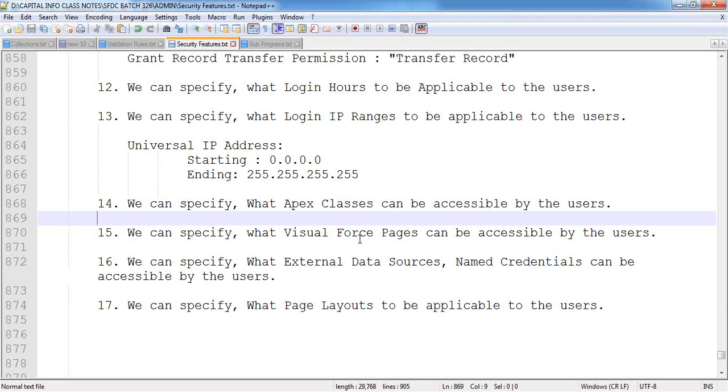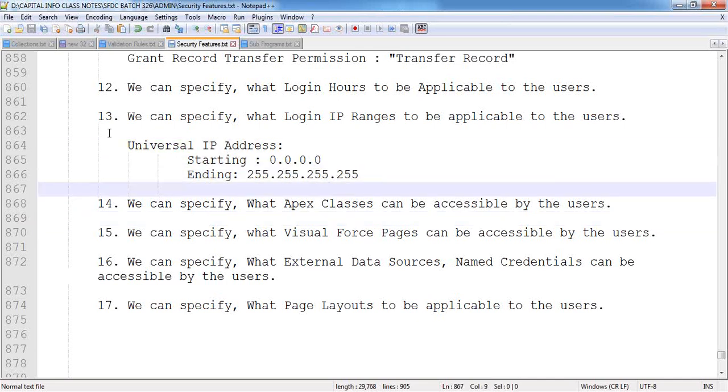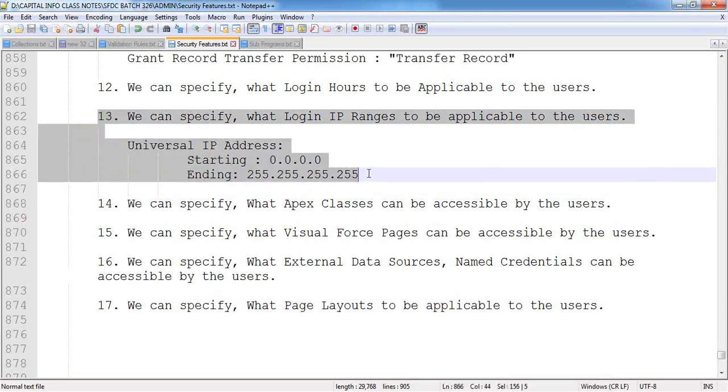We need to protect this data from unauthorized people. So to restrict the application features and the application data, they provide these kinds of security configurations also. Generally, if you want to implement this kind of login IP ranges facility in other programming languages, it will